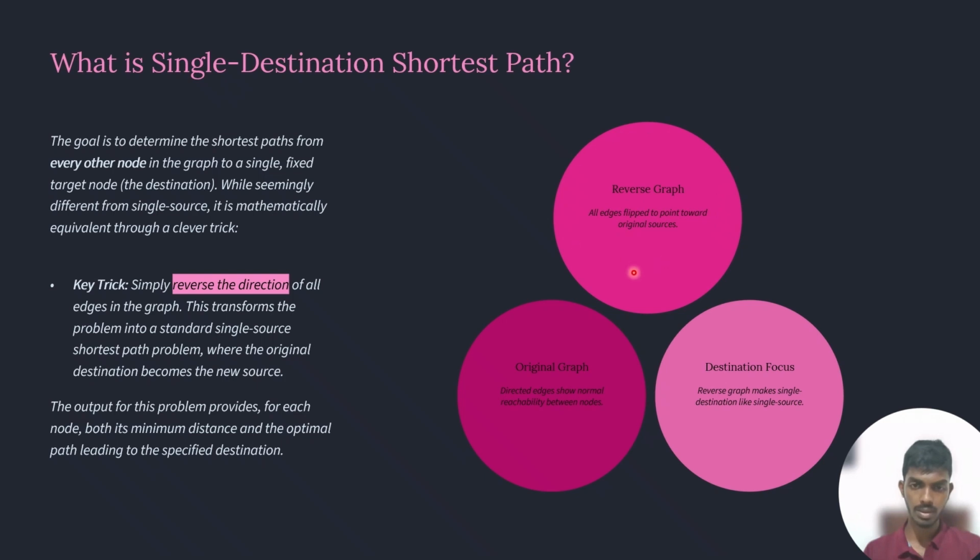There are the reverse graph and the original graph to help with this. See how the arrows are flipped. This gives us distance and path to the target from everywhere. In this method, we can focus on one target from all others without any disturbance.